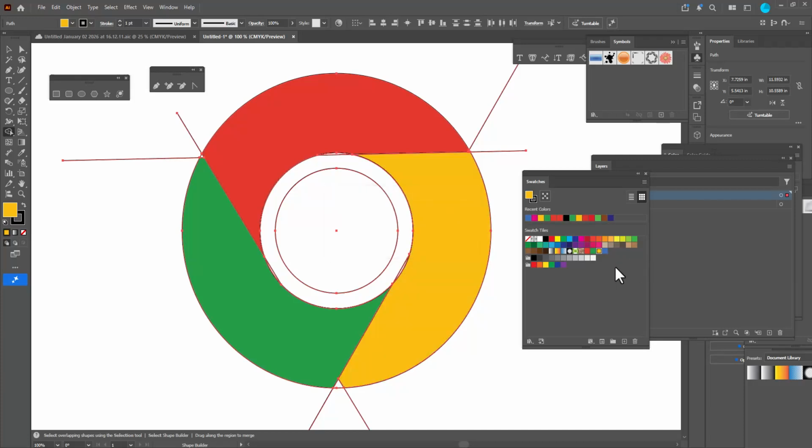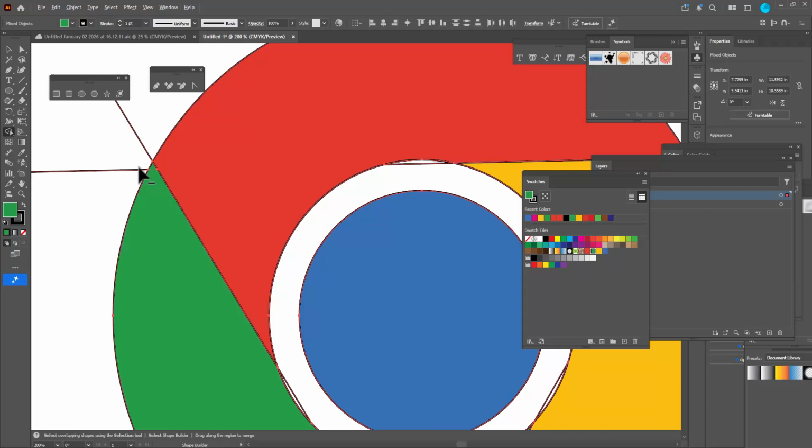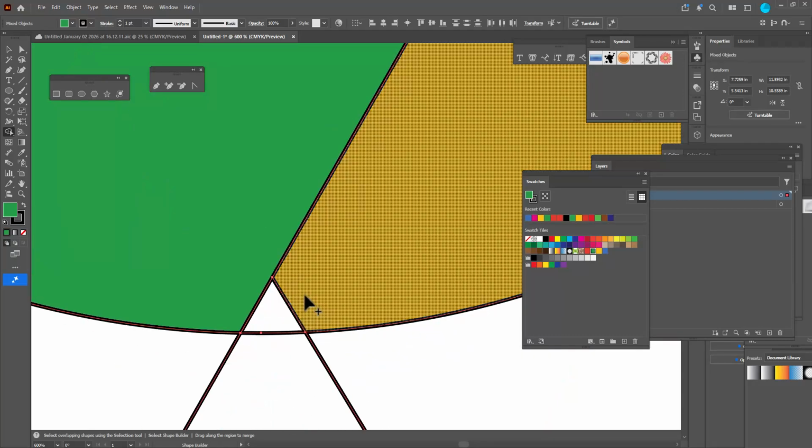Right. Now we want the blue color inside our inner circle, so we can simply select the blue color and then fill this color over this inner circle. Right. And we can see there is some gap here for green, so let's pick the green color here, and then let's close the gap. Right, so here also we can see there is a gap. We can simply pick the yellow color and then we'll close the gap. Right,